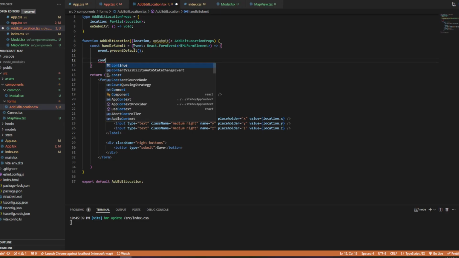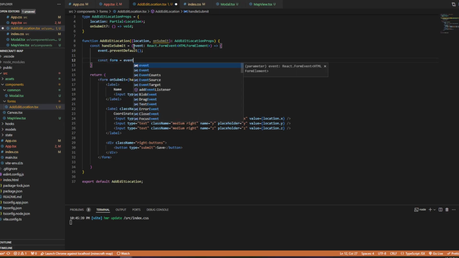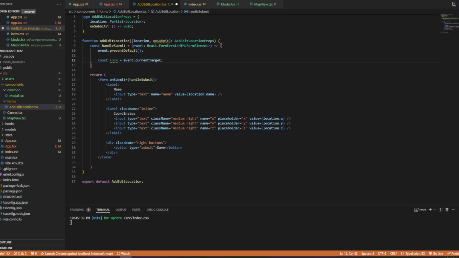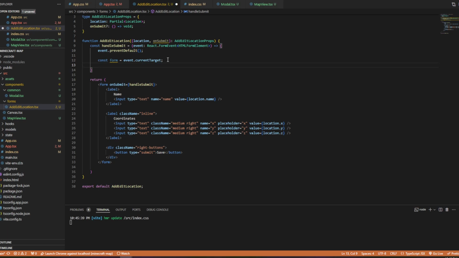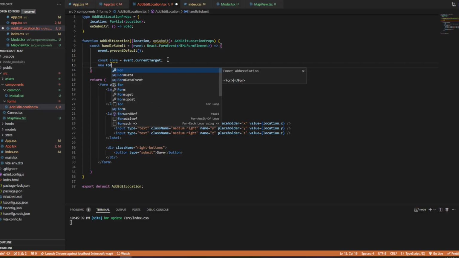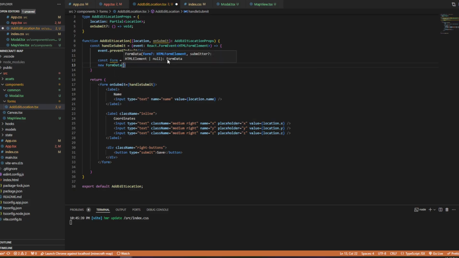And so let's grab the form. form equals event.currentTarget, and I believe because I put HTMLFormElement here, that should be, well, it's event.target and HTMLFormElement, but I don't think that's going to be a problem. Then the way we want to do this is we want to create an object that has all of the form data in it. First, I create a new FormData. This is part of JavaScript itself. It's not React, it's not anything else. So if I do FormData, that FormData comes from JavaScript, as I said. We pass in the form,